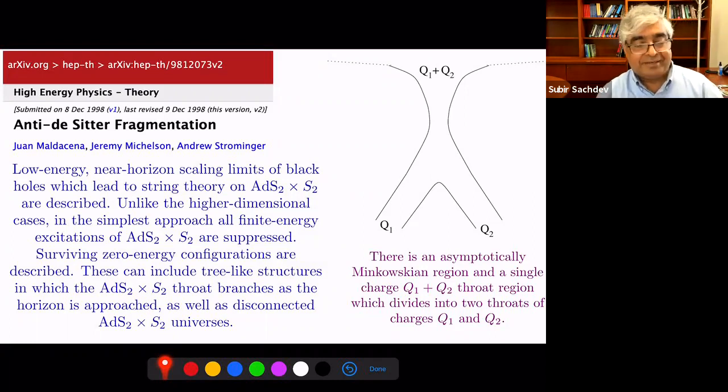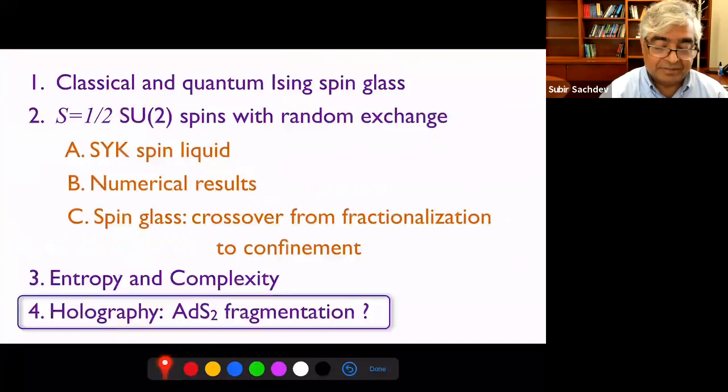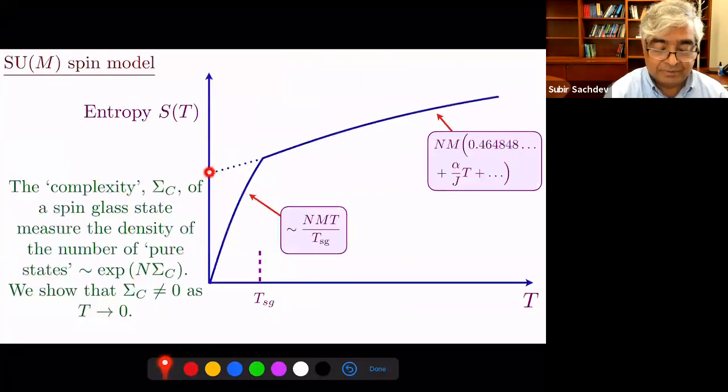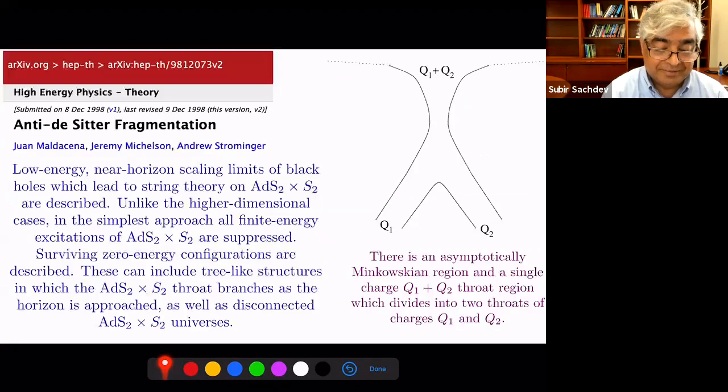What we know today is that if you take the SYK model, this fragmentation is not present. The SYK entropy, this entropy here, holds down to exponentially small temperatures, e to the minus N. There's numerical evidence for that. But if you take a different UV completion, which is this spin model, then there is a spin glass instability, and it certainly smells like this fragmentation instability.